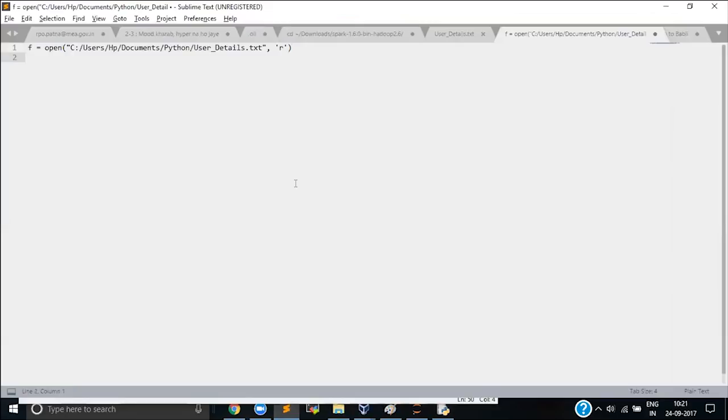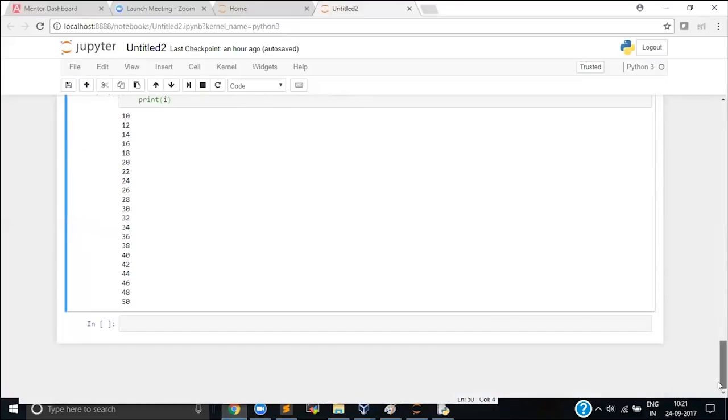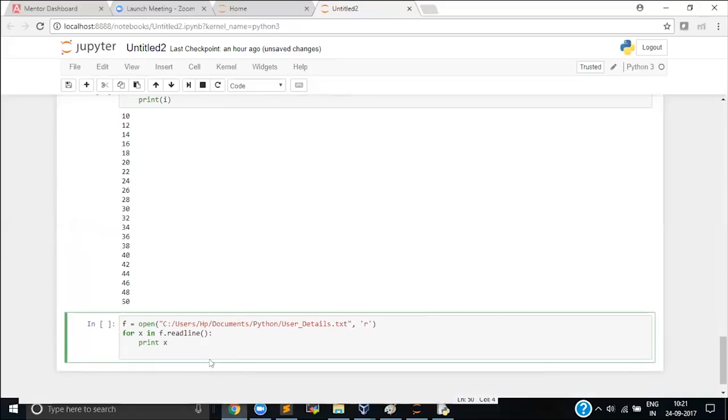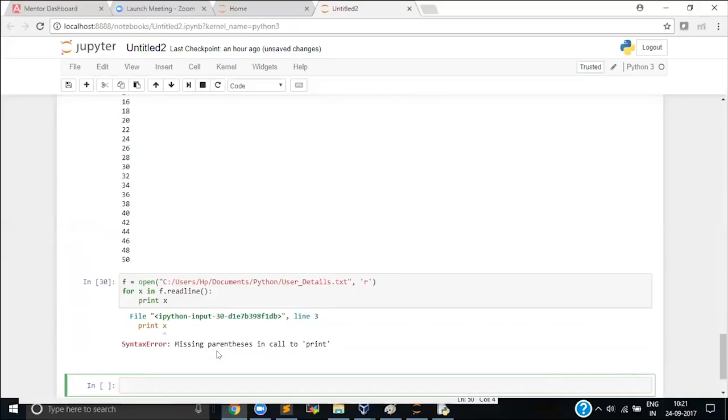So suppose you want to display the content of the file. So you can say like for x in f.readline, I want to print x. So that's it. So let me try to run this on the Jupyter notebook. Yeah. So if you try to run this here,